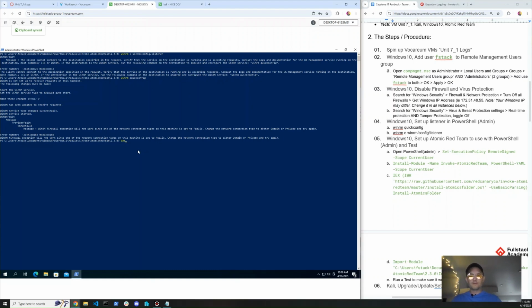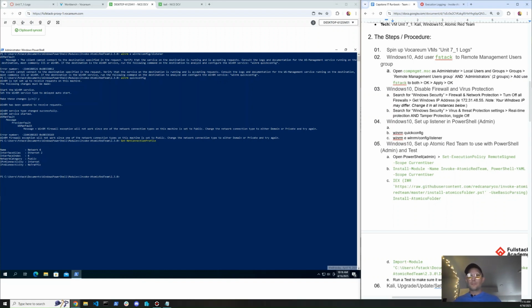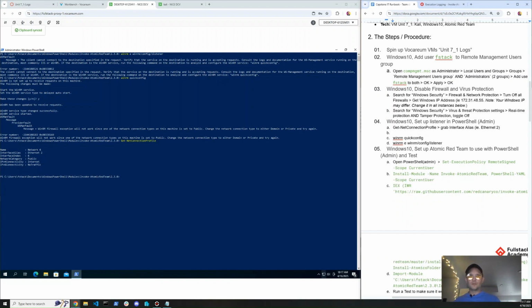First we're going to see what the interface is. Get-NetConnectionProfile. Ethernet 2. So we'll go ahead and copy that. Grab interface alias, i.e. Ethernet 2. And then next we need to set up